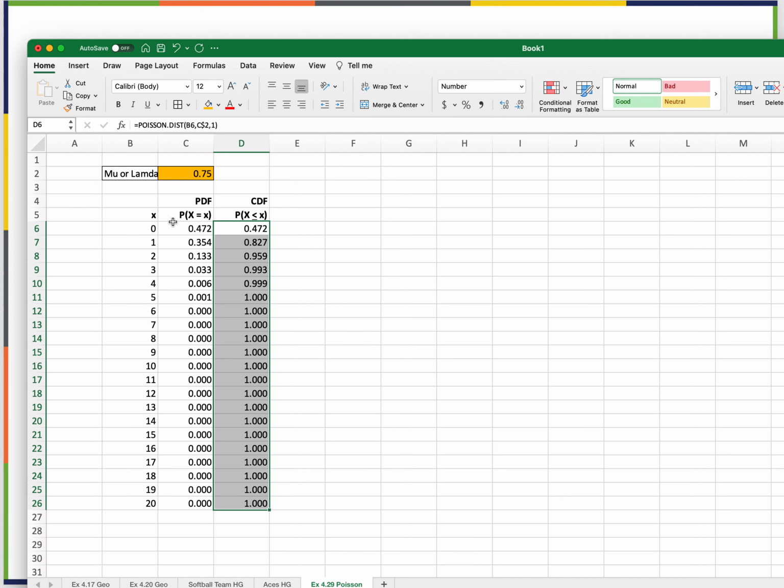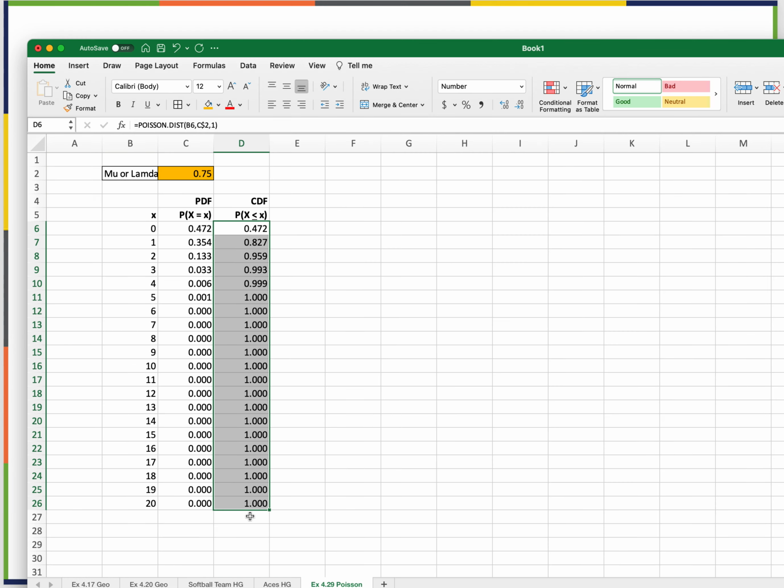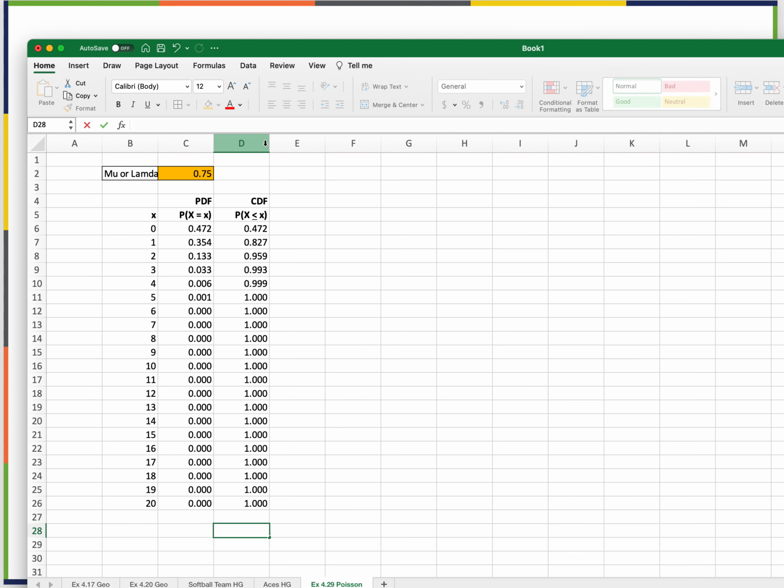And there we have it. So what was the question? Well, we did how many of this do you expect? What's the probability? What do we say the mean was? Well, this is also, mu is equal to the mean. So she expects 0.75. It's also equal to the mean. That's the nice thing about this. And it's also equal to the